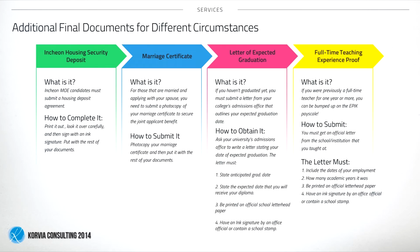Next, if you're applying to Incheon, IMOE, you need to fill out and agree to the housing security deposit. It's just that when you move into your accommodation, you have to pay a security deposit for the house. So there's just a form that you need to agree to paying that fee, okay? How to complete it: print it out, look it over carefully, sign with ink, and put it with the rest